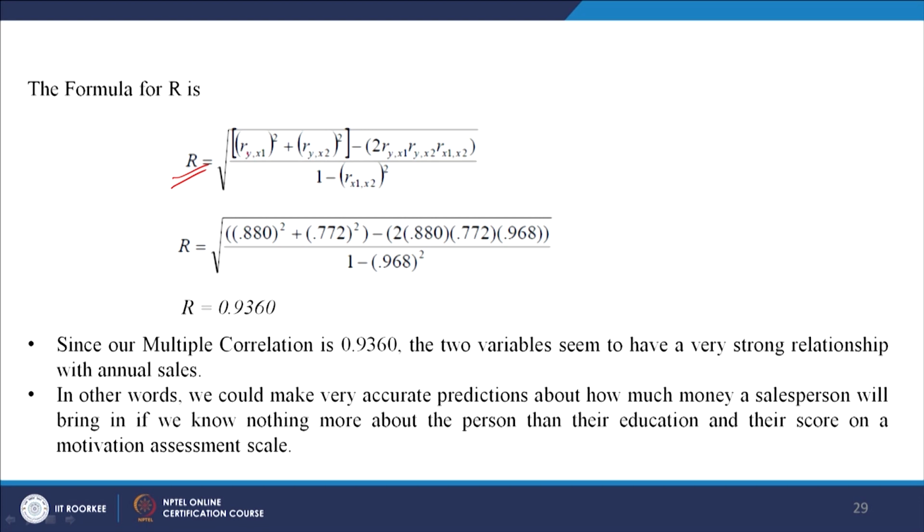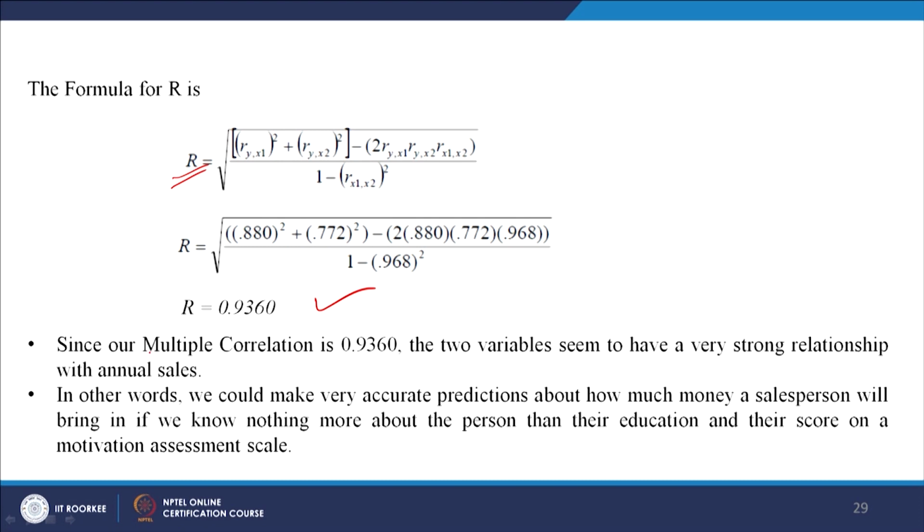Now, the correlation between y and x1 squared plus the correlation between y and x2 squared, minus 2 times the correlation between y and x1, times the correlation between y and x2, and the correlation between x1 and x2, divided by 1 minus the square of the correlation between x1 and x2. If I do this, I am getting the R value as